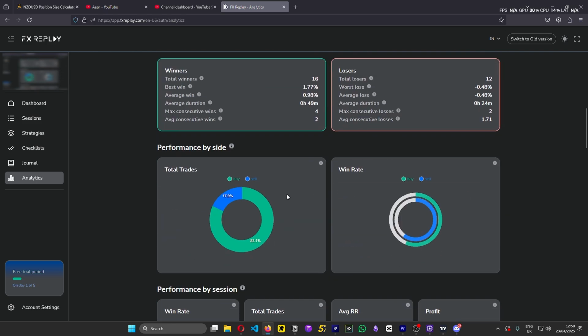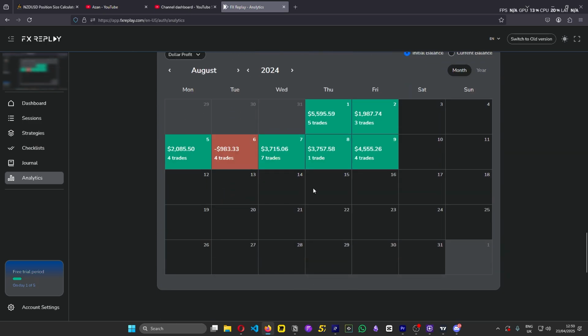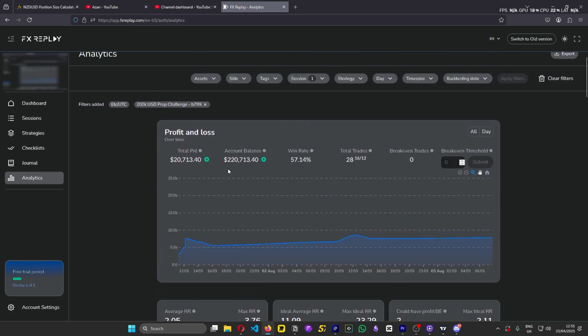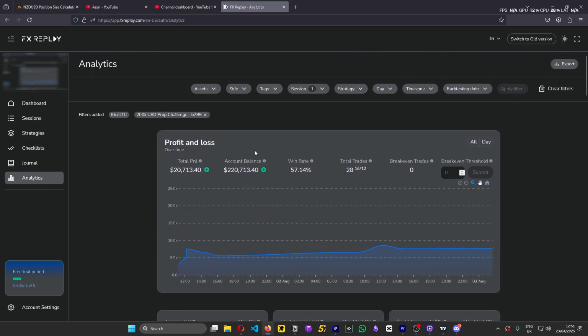So far it's looking good. Okay, this is the breakdown. I traded 1 2 3 4 5 6 7 days. Okay, I still have 3 weeks left for the month, and only one of them was unprofitable. I mean, that looks pretty good to me. So 57% win rate, 1 to 2 average RR, very good. All right, so I'll end the video off here, and I'll come back for the next week's forward back test.